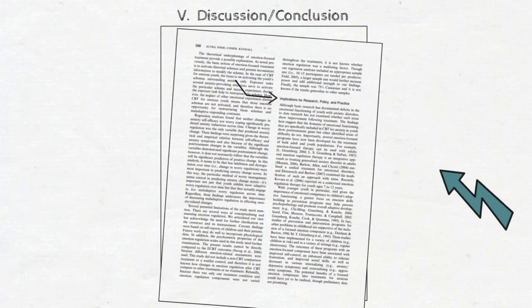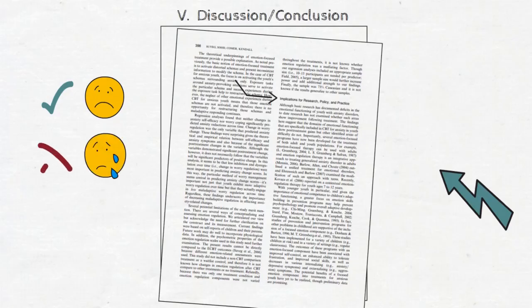For this article, the authors concluded that their hypothesis was correct. CBT only helped anxious teens regulate their anxiety, not sadness or anger. This may not seem like a large breakthrough, but with a new promising therapy, it is important to ensure the results are, in fact, from that therapy. In the conclusion, the authors will also list limitations or conflicts of interest. This information is key to evaluating the article.